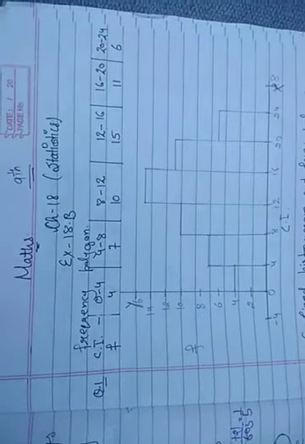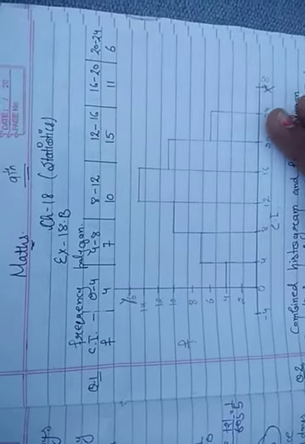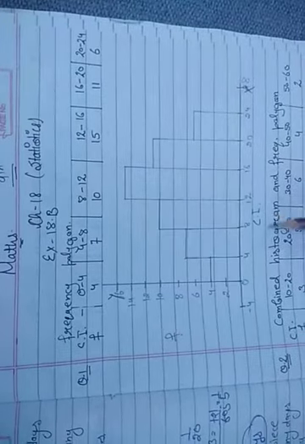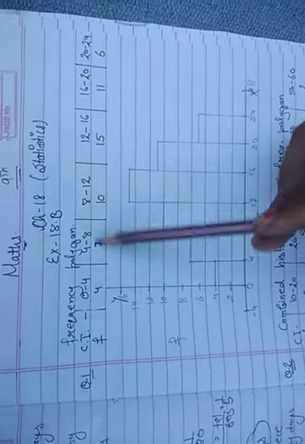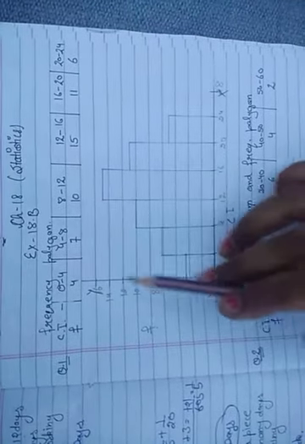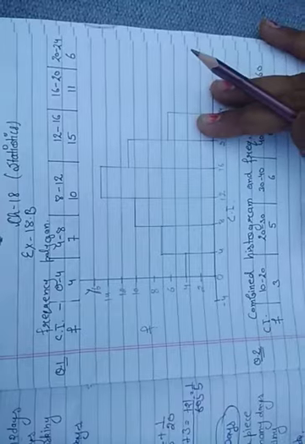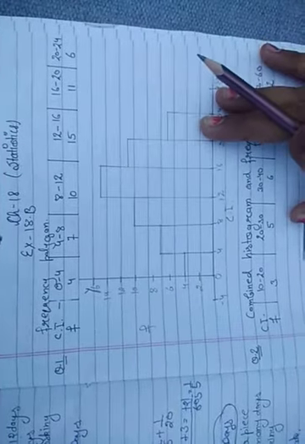Okay students, this is our histogram. If we make a histogram, first we take the x axis and y axis. On the x axis we take class interval and on the y axis we take frequency. Class intervals according to this: 0 to 4, 4 to 8, starting from 0 to 4, 8, 12, 16, 20 and so on. In frequency, the lowest is 4 and the highest is 15. Then with a difference of 2: 2, 4, 6, 8, 10, 12, 14, 16. Okay, this is the histogram. But we are making a frequency polygon, and we make it using the histogram.